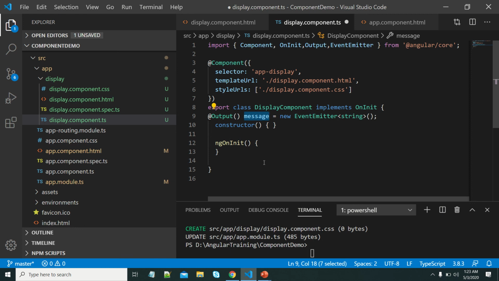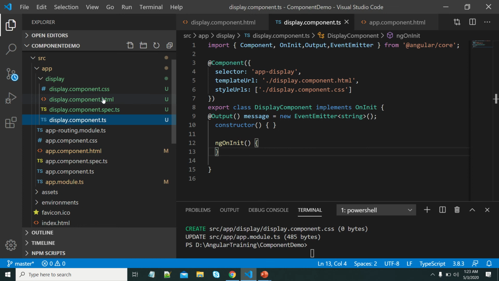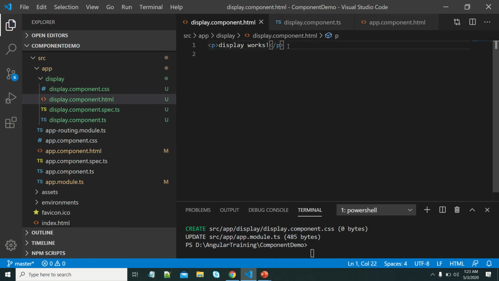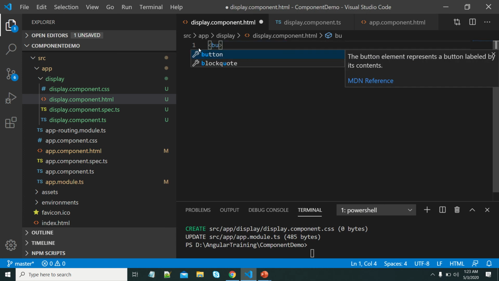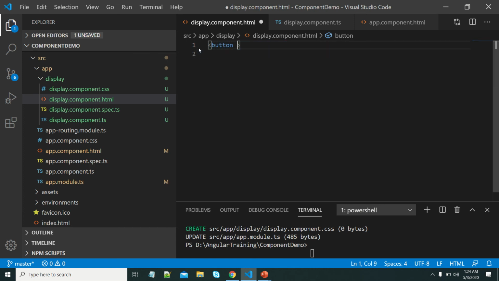Now let me create one button here to initiate that event emitter.